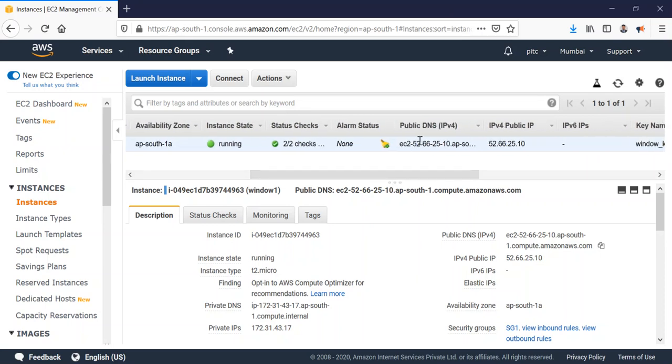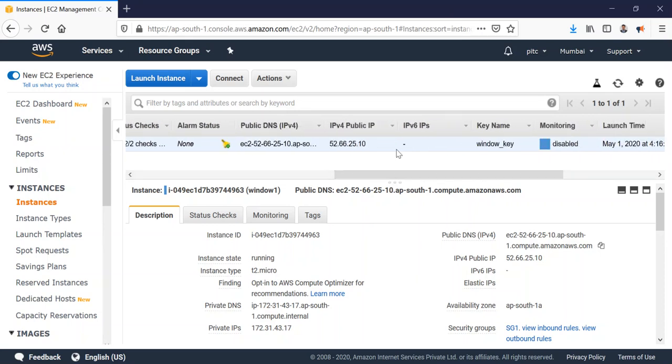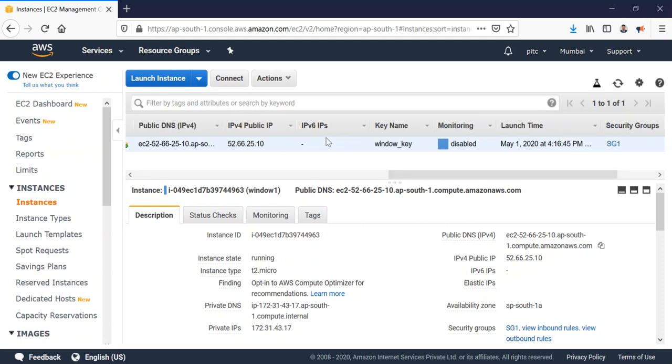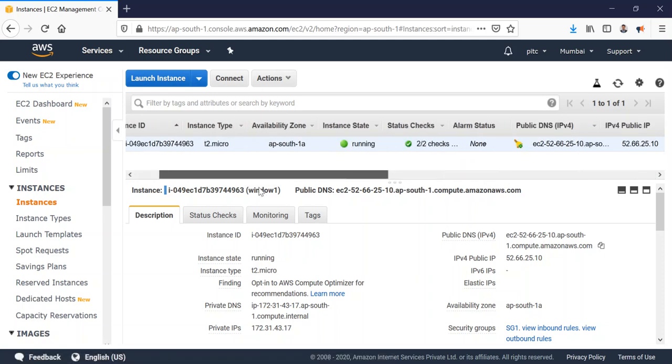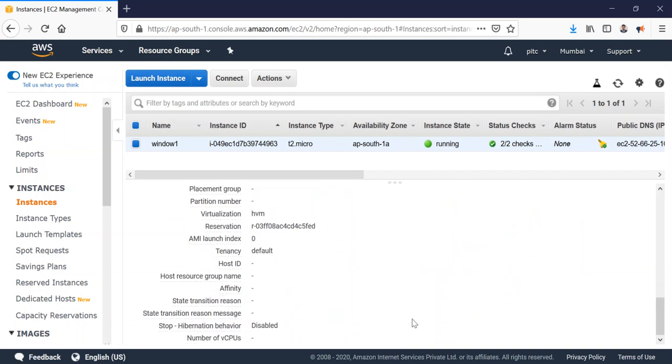The public DNS, this is my public IP address, and IPv6, I didn't allocate that one. The security group, the security group that we gave. So this is all about my Windows machine. Let's see how it looks, and then we'll go for the Linux machine also.